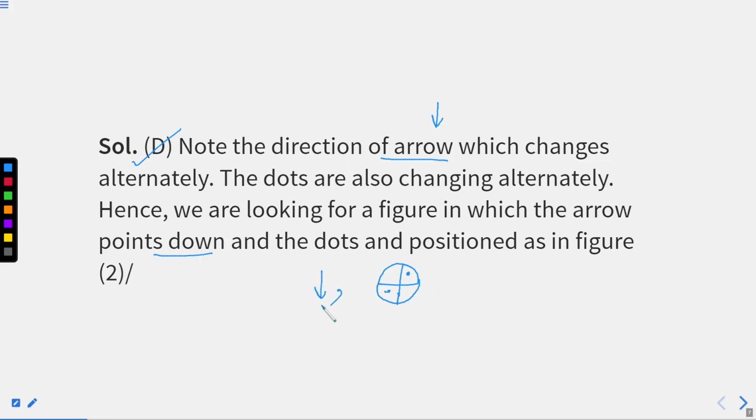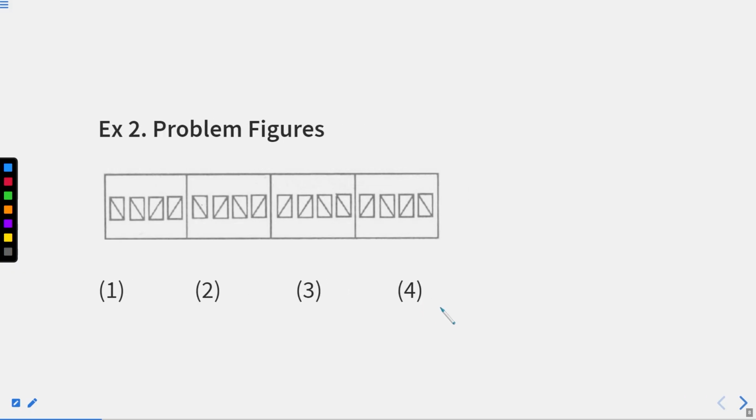These are the two major things that we note in this question. I hope this part is clear. This question is clear, right? Now we'll directly move to the next question, that is your problem number 2. In problem number 2, you are supposed to check what pattern they are following, right? For that we need to check what all